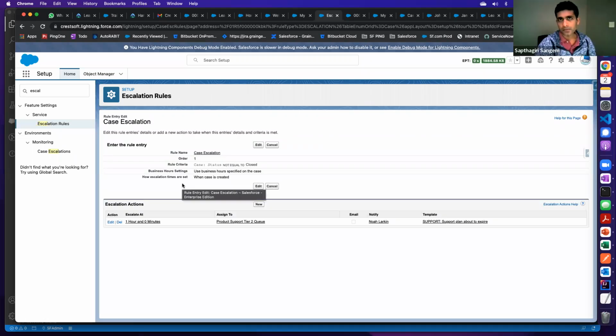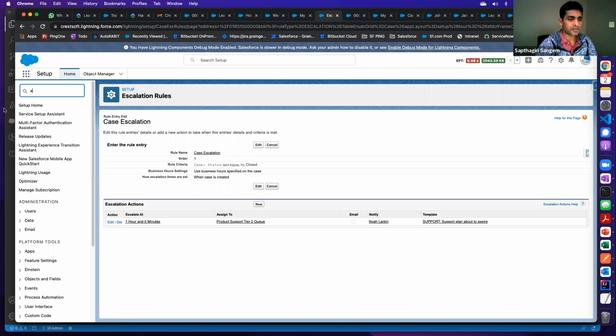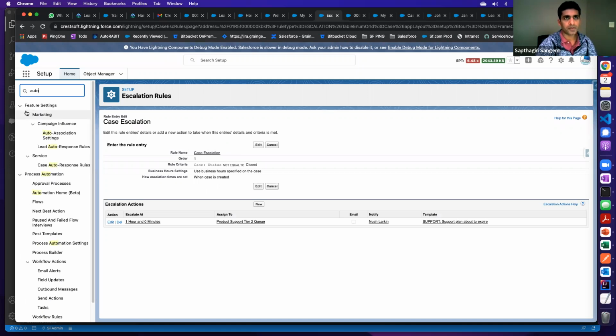Okay, so that's the escalation. We have looked at assignment rules and auto response. If we set up any auto response rules, basically the system will send emails, especially in the email to case scenario, and also the web to case scenario. So we can send